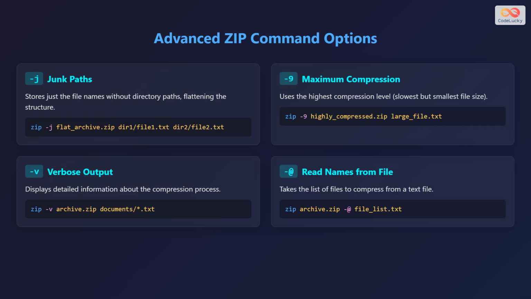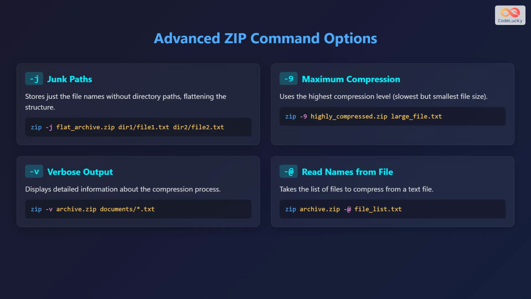Now let's explore some advanced options for the ZIP command. The first is the junk paths option, represented by the flag -j. It stores just the file names without directory paths, flattening the structure. For example, zip -j flat_archive.zip dir1/file1.txt dir2/file2.txt. The next is the maximum compression option, represented by the flag -9. It uses the highest compression level, slowest but smallest file size. For example, zip -9 highly_compressed.zip